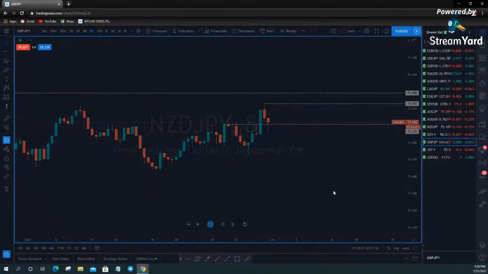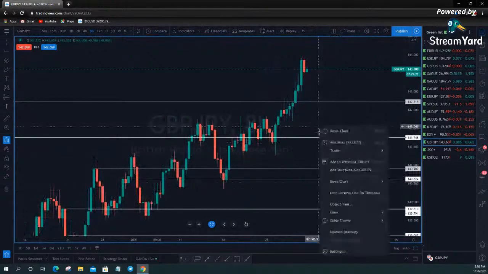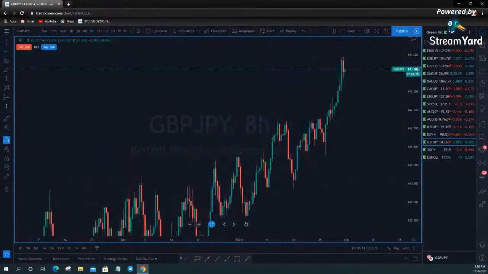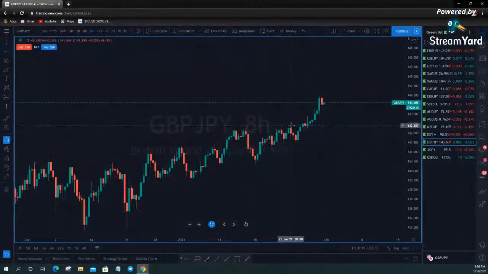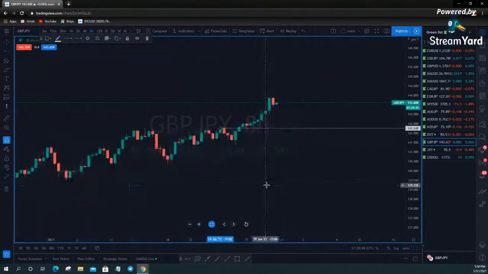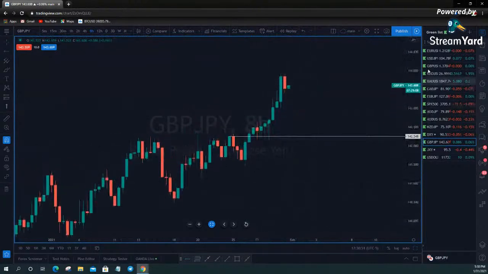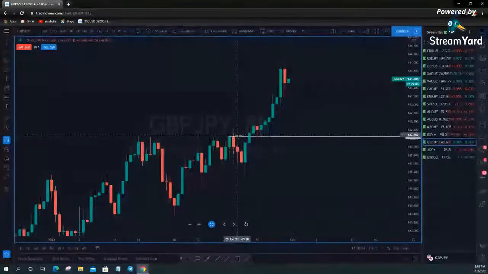All right, so we already looked at the dollar. Let's go take a look at pound yen, because pound yen was super strong last week. Pound yen broke out above this swing high, this market structure swing high level right here. There we go. All right, so you had this area that was your last market structure swing high. You broke out above that.